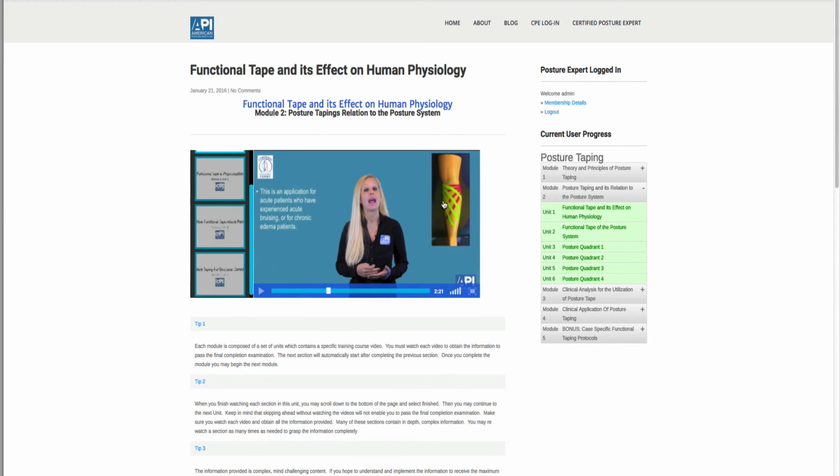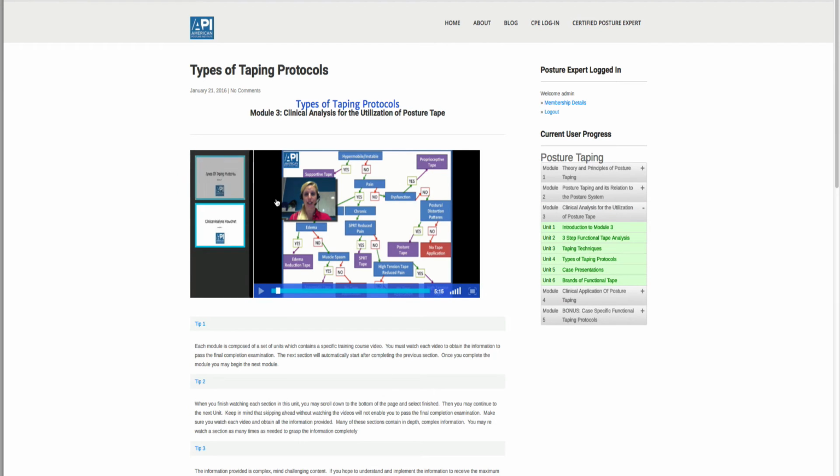You can see here we provide pictures and background information, text to support the information that's being stated. Here is the unit where we're going to take you through the specific analysis, the posture taping protocol analysis. Dr. Krista is going to walk you through each aspect of that, how to know when you're testing or when you're evaluating for that, which area and which way to go in the flow chart, so that you know with 100% certainty and objective clarity that you have the correct posture taping technique and protocol for this issue that's in